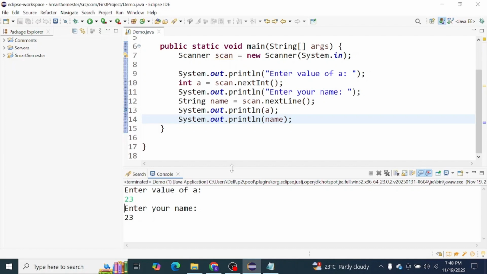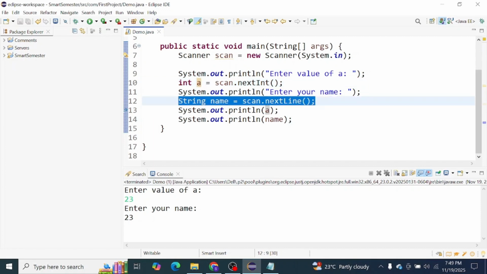We enter 23 and it is scanned by this nextInt, and that value is assigned to this variable a, and then it is asking us to enter our name. From this line, control goes directly to this System.out.println. The value 23 is getting printed. Why is this line not getting executed? This will be the problem for most beginners,